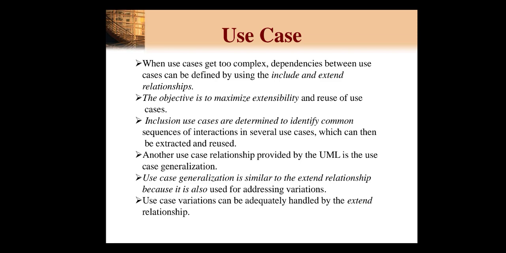So instead of writing each and every sequence, if you are paying by cash you need to write the sequence for that, and if you are paying by credit card you need to write the sequence for that. Instead of doing everything in a single use case, we separate these sequences into separate use cases and extend our base use case with the help of these choices. So the extend relationship is used when you have multiple choices. These are the 2 basic relationships which are used to show the use cases.